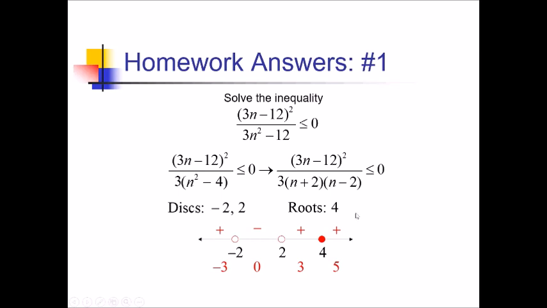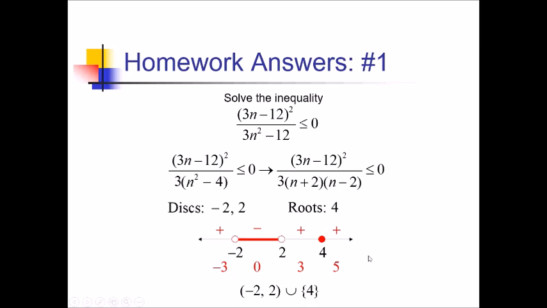Looking at my inequality, we have less than 0. That means I'm looking for negative intervals after I've labeled things. The only negative interval is this one between negative 2 and 2. So when I write my solution, I'm going to write negative 2 comma 2, and I'm going to use parentheses because I have open dots on either end of that. Oh, wait, there is one more before I forget. We have a solid dot over here at 4. Can't forget about that. So I'm going to union squiggly braces 4,